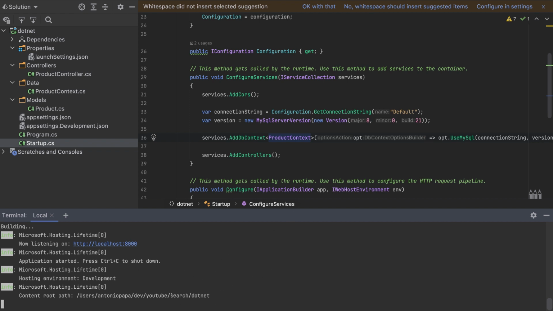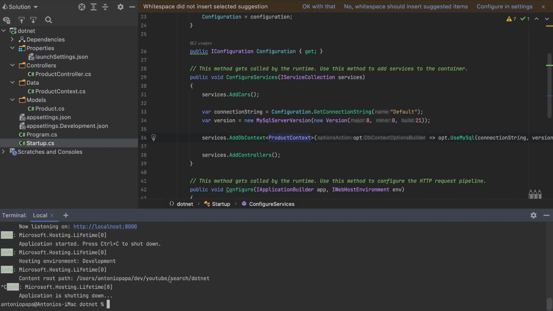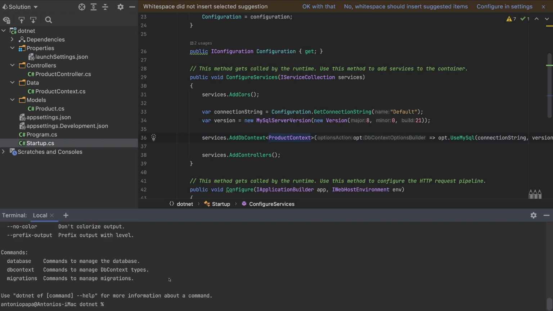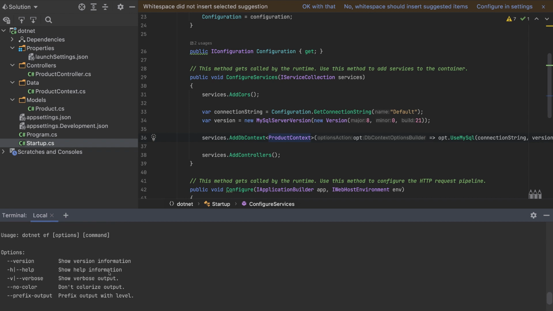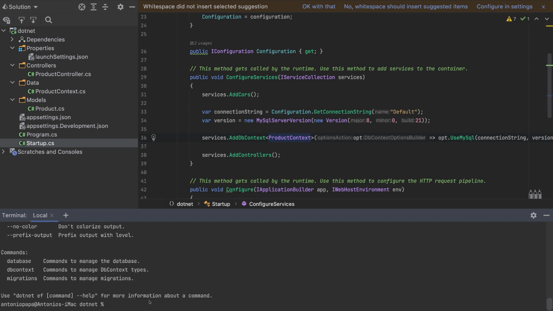Now let's add the table for the product, and to do that make sure you have the dotnet Entity Framework toolset installed, and now we need to create migrations, and to do it we have to call dotnet ef migrations add CreateProductsTable,